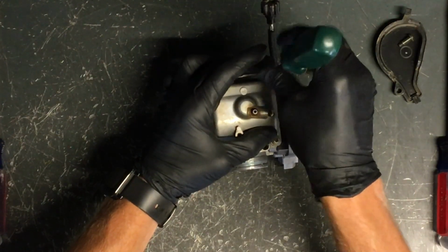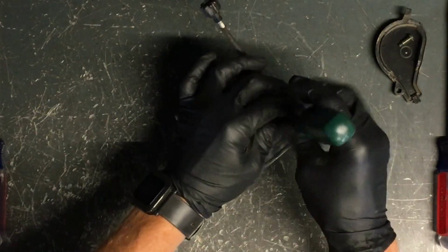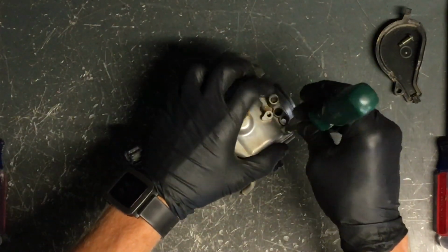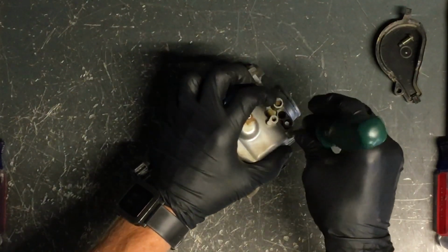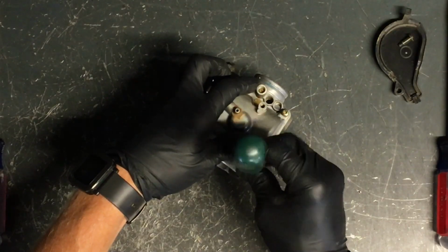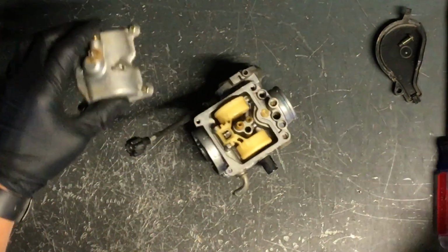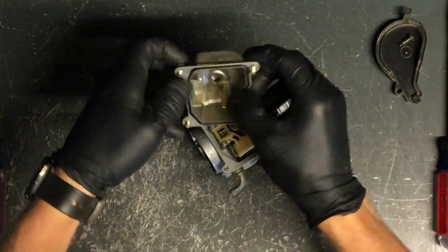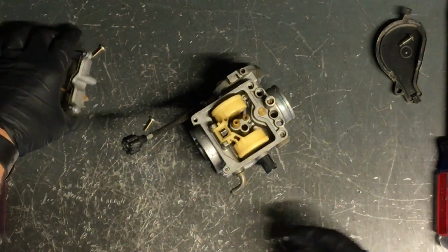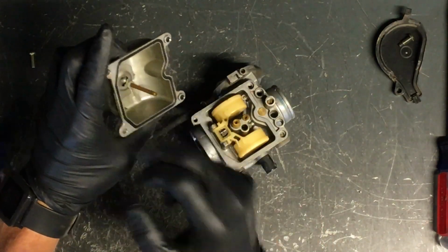Now we'll pull this bowl. There's 4 Phillips screws here. Here's your air fuel screw here. It's a flathead screw, and I'll show you how to adjust that here in a minute. We'll pull the bowl off here. You want to make sure that this is clean from debris, and we'll blow through that with compressed air. Here's your O-ring here. This is a common issue where this is leaking, so you want to make sure that